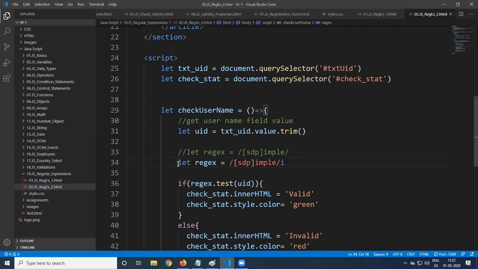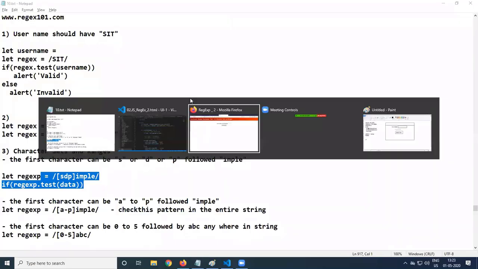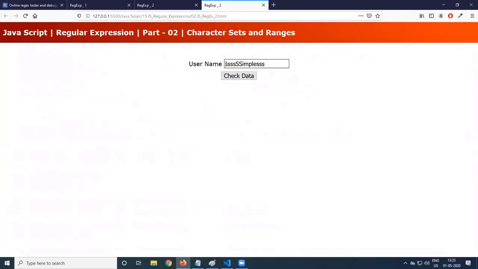My next case is the first character should be A to P. It can be AIMPLE, BIMPLE, CIMPLE up to P. QIMPLE should not be allowed. So a range can be given.